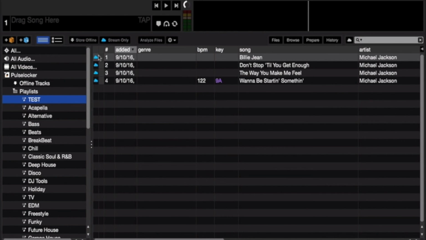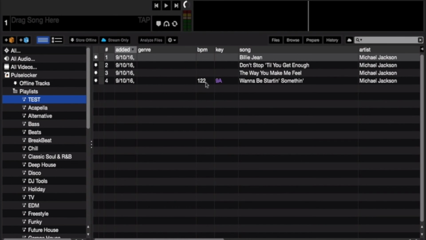In order to analyze them, you have to store them offline. Click on the Store Offline button to begin. This part is very important. When the white arrow appears, this means the track is now downloading. You do not want to do anything else on the computer while this is happening. If the computer starts to slow down, this can cause corrupted files. Once the track is finished downloading, the arrow turns solid white and these tracks have been stored to your local